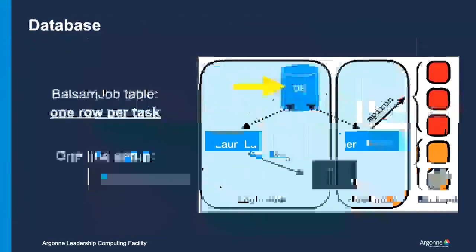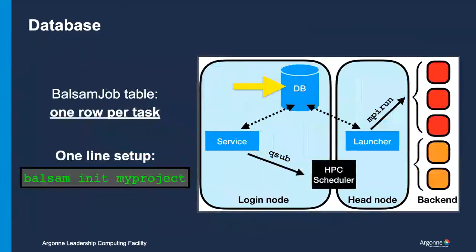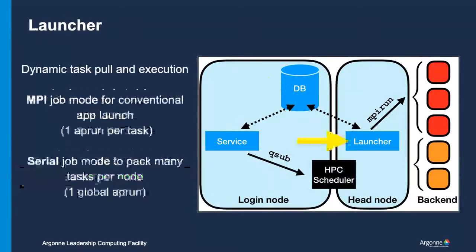So the database is where you begin your interaction with Balsam. There's a BalsamJob table, which contains one row for every task that you want to run. The details of creating this database are completely handled by the Balsam command line. So with this single command of balsam init, you're able to set up a Balsam database directory at the given path. The Balsam launcher then pulls tasks from this database as indicated by the dashed line,